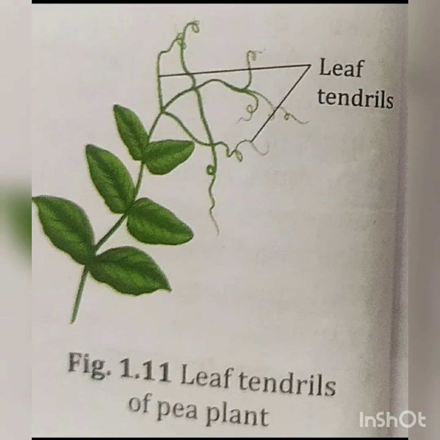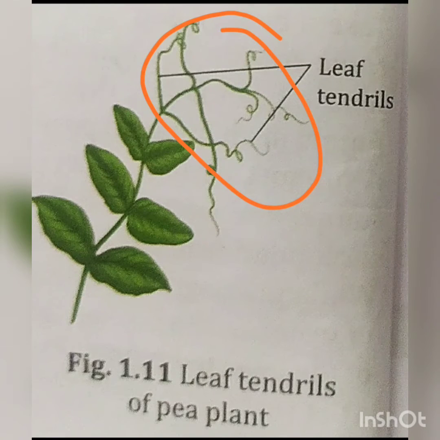Besides the primary functions of the leaves, in some plants the leaves are modified to carry out some specific functions. Such modifications are as follows. In many weak stemmed plants, the whole leaf or a part of leaf gets modified into thin, thread-like coil structures called leaf tendril. The tendrils provide suitable support in climbing of the weak plants. They stretch out and coil around any suitable support to help the plant in climbing.